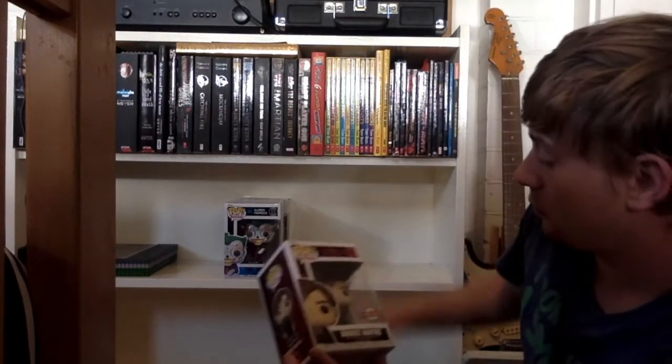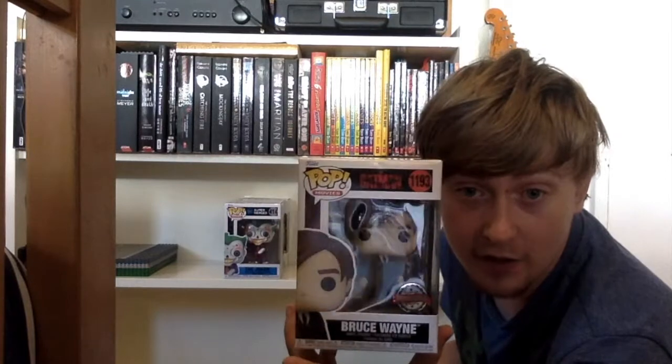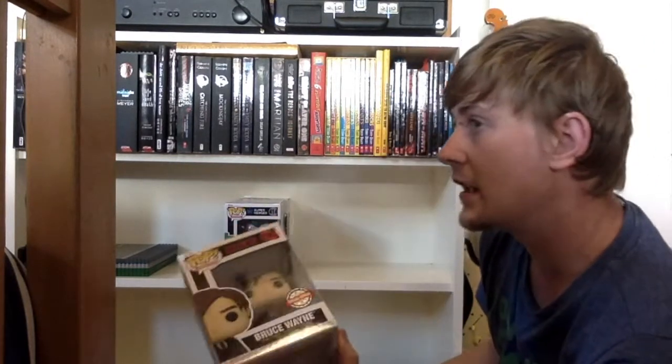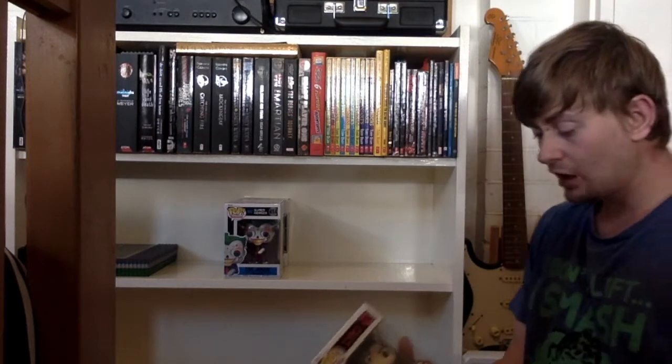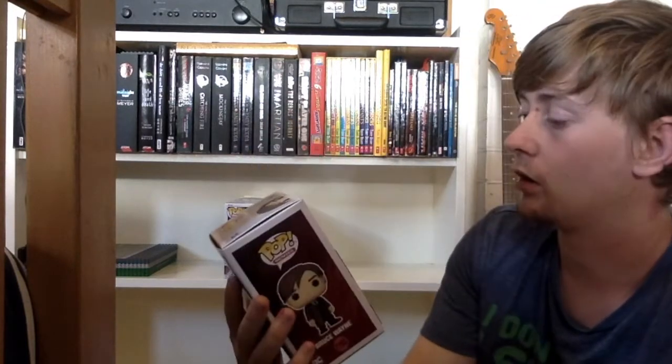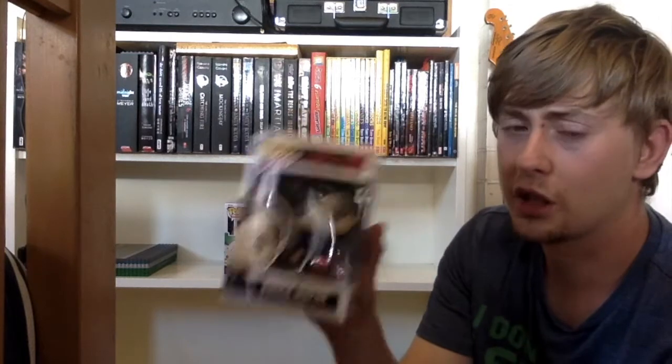Because Robert Pattinson, which I have his Bruce Wayne figure, I've seen three of the Twilights and they're alright. Like, I enjoyed them. If I enjoyed them, that means that they're good. They're not like the greatest thing ever, but you know what movie really is? Except for Avengers Endgame and Spider-Man No Way Home. Like, come on. But Bruce Wayne, I am curious to how he's going to portray Bruce Wayne, because that's the